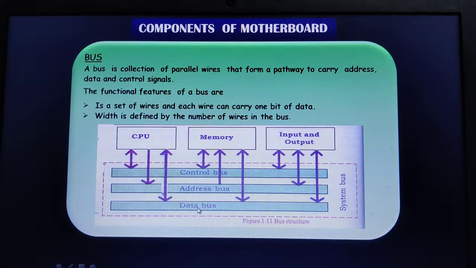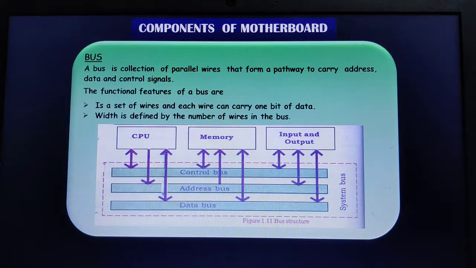The data bus provides the path to transfer the data and instructions among the different components, mainly between the CPU and the memory. You can see here, whenever there is a data transfer between the CPU and the memory, I have to make use of the data bus, and it also helps with data transfer between the input output devices. Commonly, a bus is nothing but the pathway. Previously we discussed that a bus is a pathway for data transfer between them. They are just parallel wires.